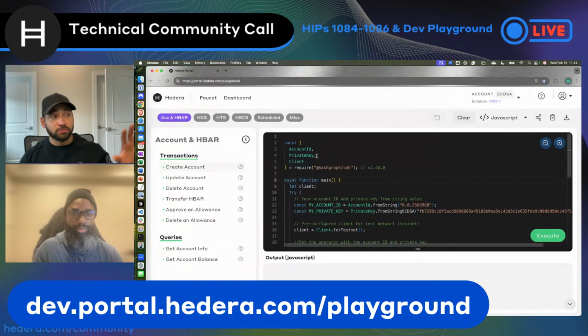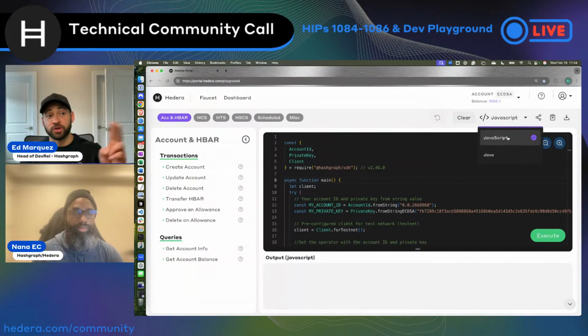In addition to authoring the code and executing the code, you can always share that with colleagues. In fact, I'm going to share with you a few of the examples that we're going to do today. You can copy the code and also download your application file. So we're just going to stick to Java, but also transitioning between these two languages.